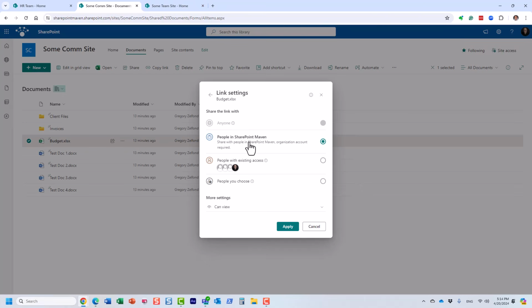So if Mary decides to forward that email to her friends in another department, they click on the same link because the link will work for anyone within our organization. They will be able to access this budget document. Once again, I don't want this. All right. So if I only want Mary to be able to see this document and no one else, what